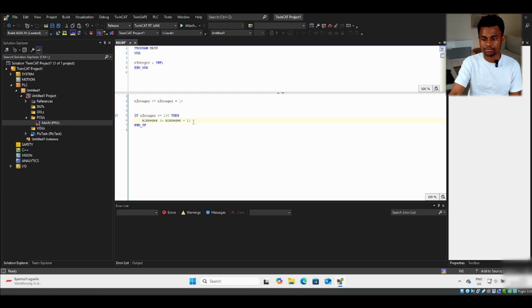I just put -1, and when this happens, this will probably go till 0 and go to the negative numbers. So let me think about the logic for a while. I would say, okay, here, if the n integer,